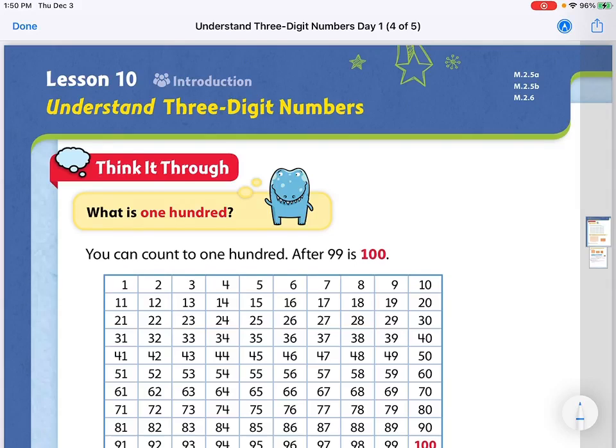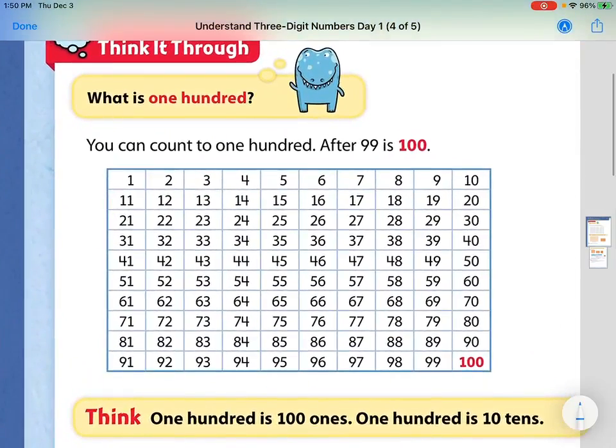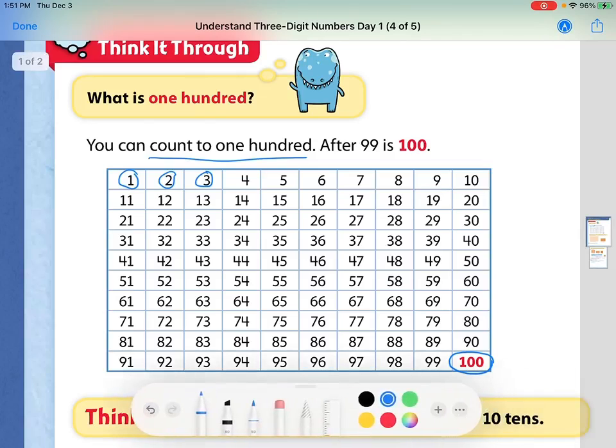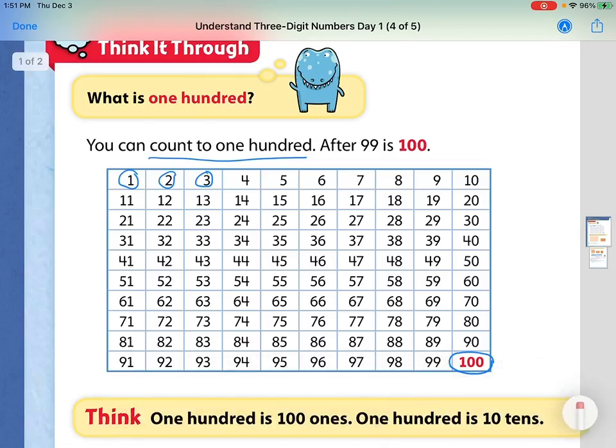This first part of the page shows us a chart that shows us how we could count to 100, right? And if we wanted to, we could start at 1 and we could go 1, 2, 3, 4, and so on and count all the way up to 100, okay? And so here's my 100 at the very bottom of this chart. I could count by ones, which is what I was saying, 1, 2, 3, 4, that's counting every single one. But what's another way we could count to 100? If we don't use ones,